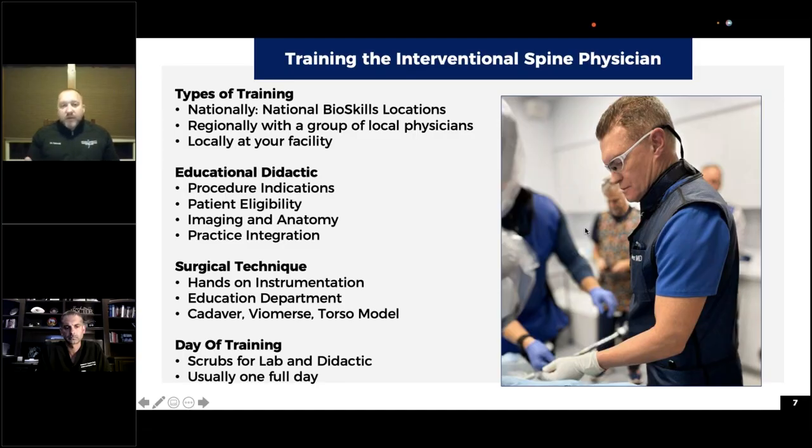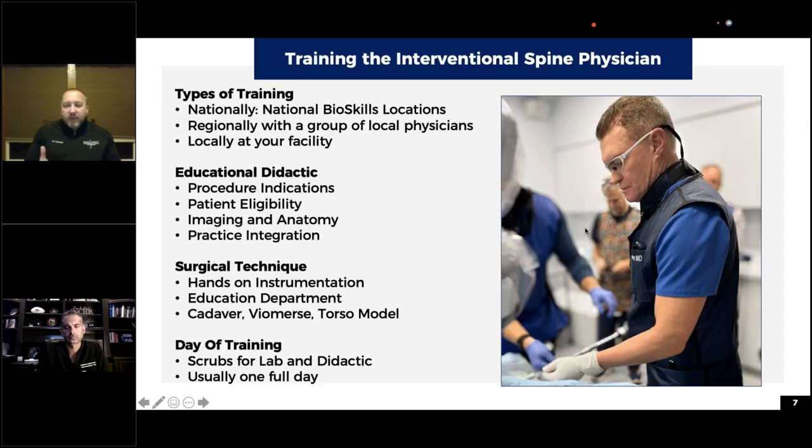And then we have national programs, which one of the things I love about is usually the companies bring in premier faculty. It's usually at least a 2-day program where you get a lot of hands-on, a lot of lectures, a lot of talk on patient selection. And as you come out of fellowship, one thing we learned from ACGME accredited fellowships is that there's a wide variability in the procedures that you do, whether you do a lot of spinal cord stimulation or not, or interventional type procedures.